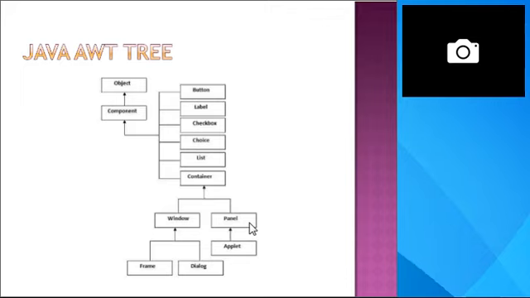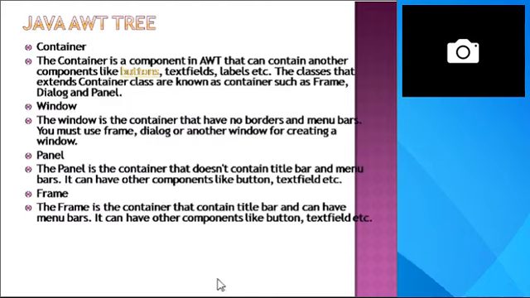Third is frame. Frame is a subclass of window and has a resizing canvas. It is a container that contains several different components like button, title bar, field, label. In Java, most AWT applications are created using a frame window. Frame also has two different constructors. I already discussed this in the PPT, the frame.